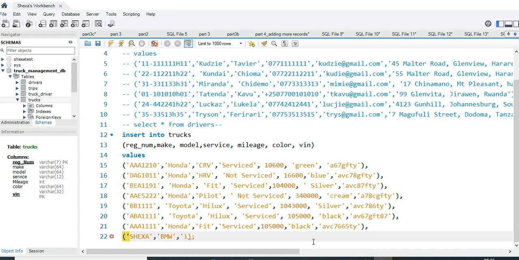Model is i8, and here we have a serviced vehicle. Serviced to be